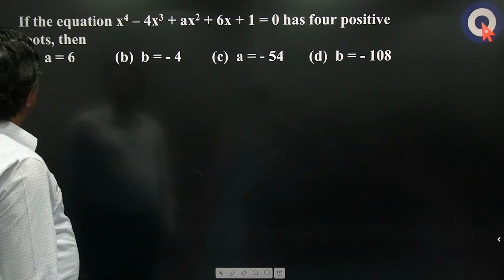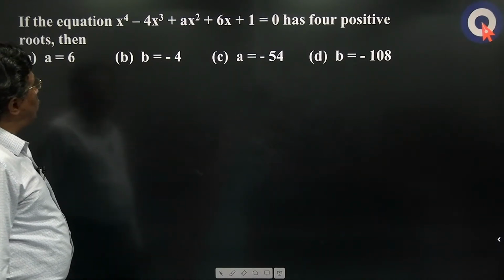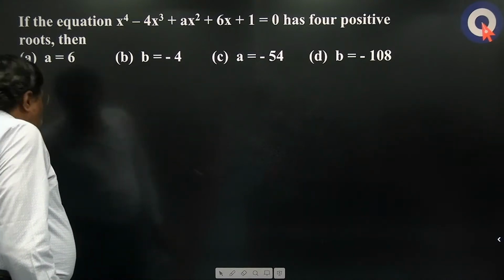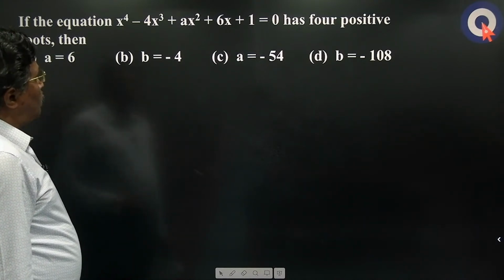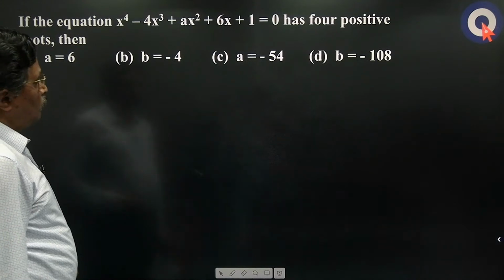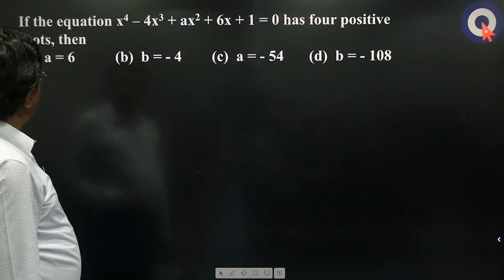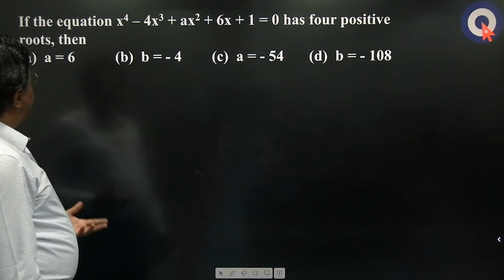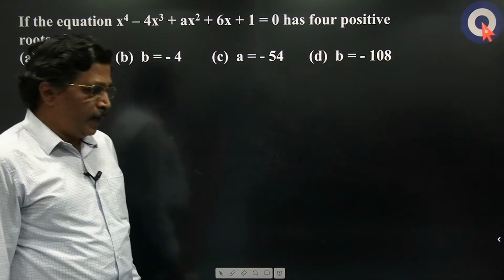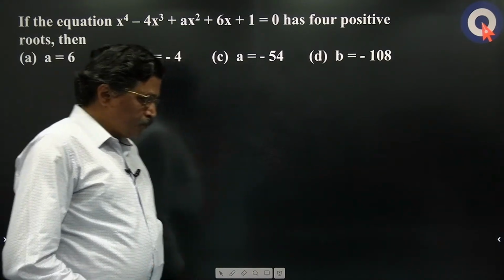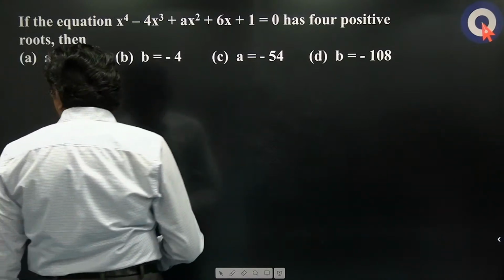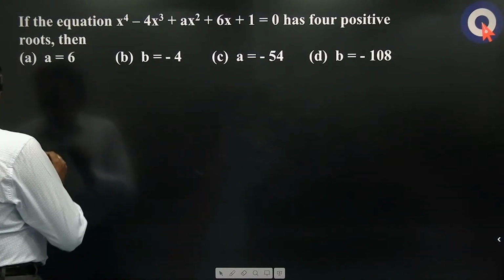See, the first question is, if the equation x power 4 minus 4x cube plus ax square plus 6x plus 1 is equal to 0 has 4 positive roots, then the values of a and b. See, when he is talking about 4 positive roots,